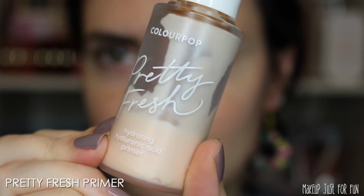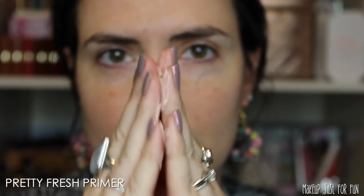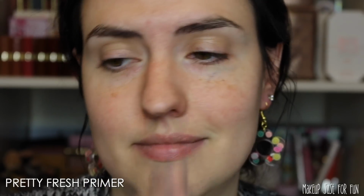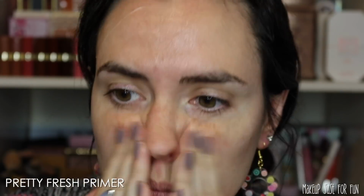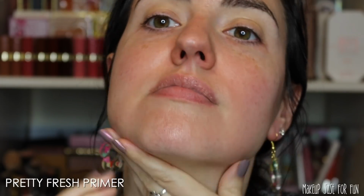The Pretty Fresh Primer is not only a product I've talked about a lot, but it's one of these that you can just see how much I've used it and how often I have loved this product. This is an absolute must-have for me for my dry skin. It just gives me that extra level of hydration. It's not really so much for making my makeup last longer, but for making the finish more hydrated throughout the